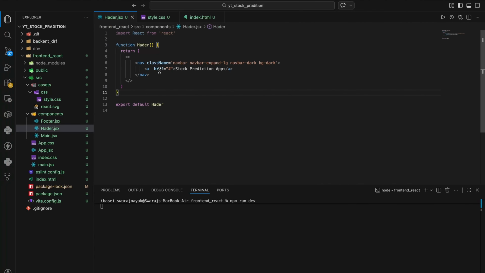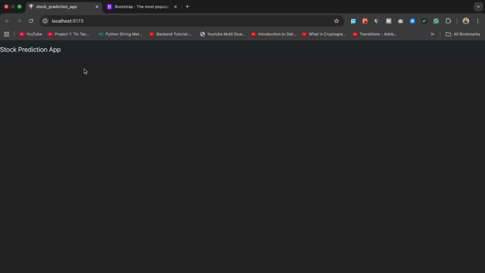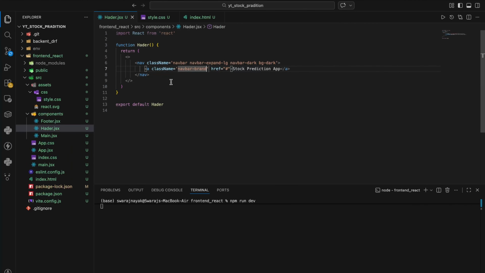There are some classes there. Nav brand is there. It's navbar brand. Okay, navbar brand. When I start the navbar brand, you see that automatically if I refresh the page,